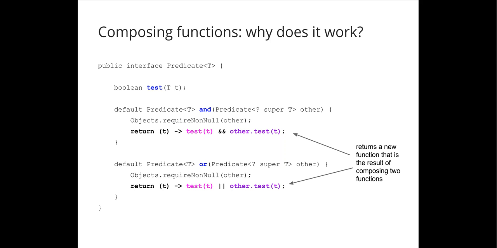But if you look at the implementation of this method, you can see in the case of AND, it takes a predicate as an argument, and all it's doing is returning a new predicate as a result. And this predicate tests the element with the current predicate, the current instance, and then checks it with the one passed as an argument. We can do a similar trick here with the OR method by checking the predicate with the current element, or also checking it with the one passed as an argument. And that's the beauty that you get with first-class functions. Not only are you able to pass lambdas and methods and functions as an argument, you can also return them by composing functions together.